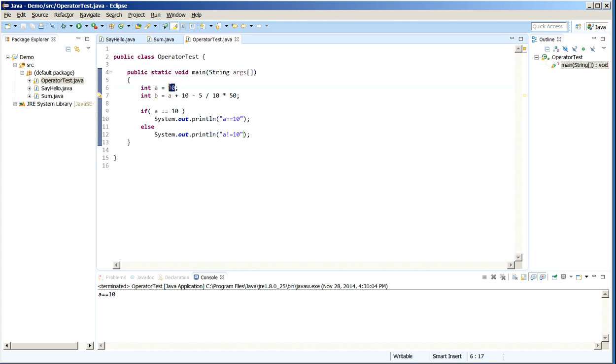Now what if we change its value to 20? Oops, sorry, 20. A not equal to 10. Look how it works. Now what if we want to check? Let's change the value of b also to 100. Now what if you want to check whether b is 100 or not? Then you use the term